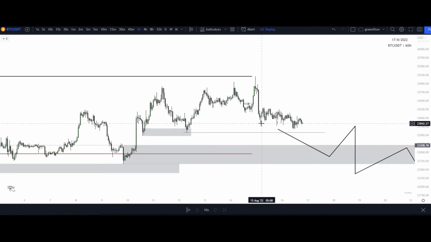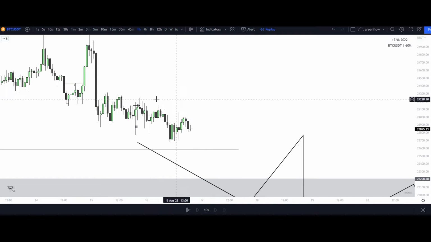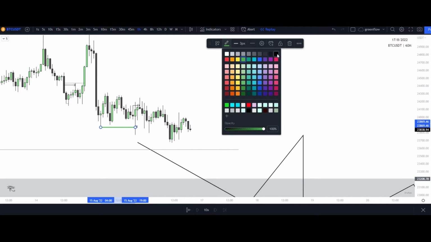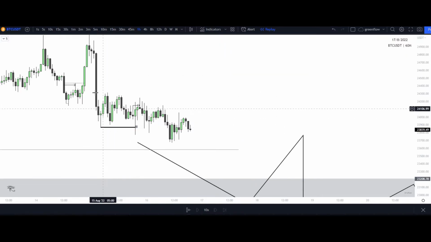You have a break of structure to the downside here, break of structure to the downside here. Where's your institutional candle that caused that, right? Within this area right here. So your setup, right? That little narrative that you have from this break of structure here. Let's draw this in black. So I have a break of structure to the downside here, right? After this first displacement. So this is confirming now that introduction of supply.